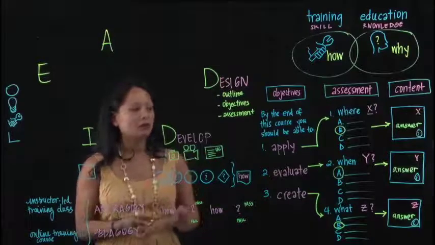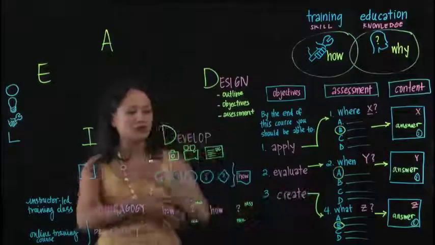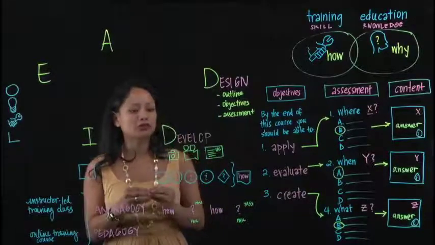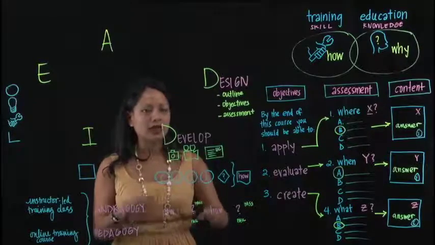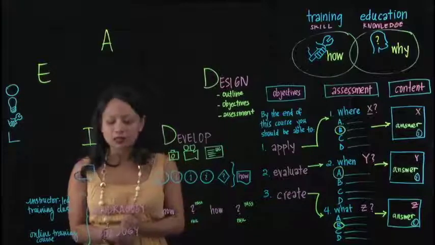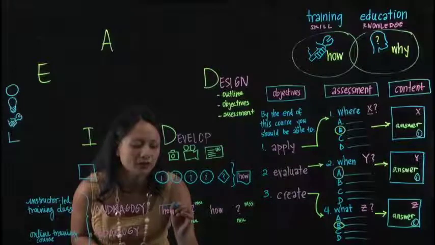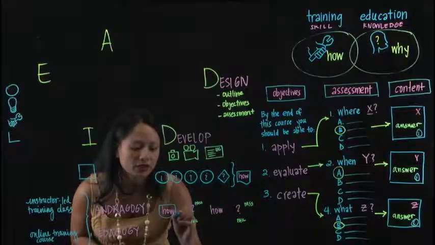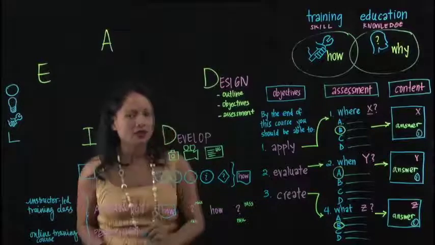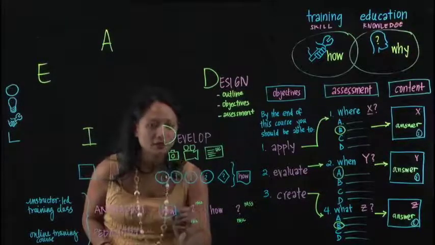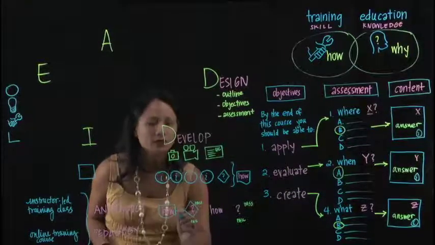What I often say is that when you're developing your outline and putting it together with some graphics and some images and some videos and formatting it, what you want to also do is to assemble it in such a way where it is completely active in the learning process. So what that means is that you should always try to have some piece of your content that focuses on how, because this is a training course, and right after that very short blip of content showing them how to do something, then right away ask them some kind of a question